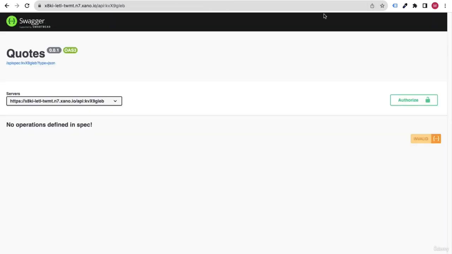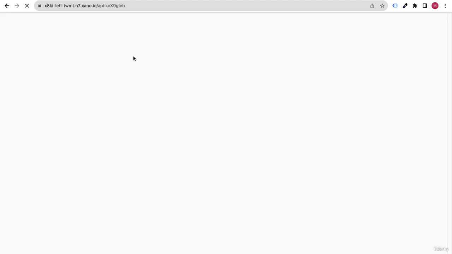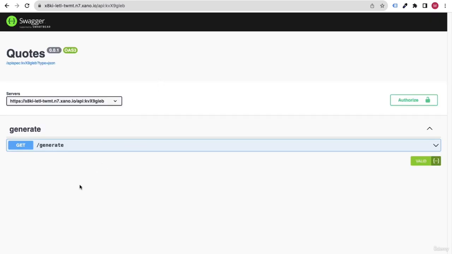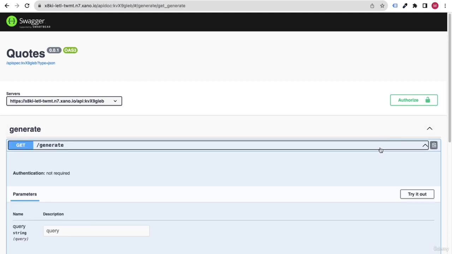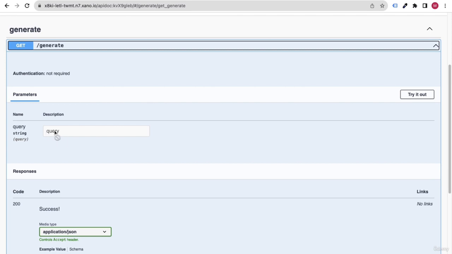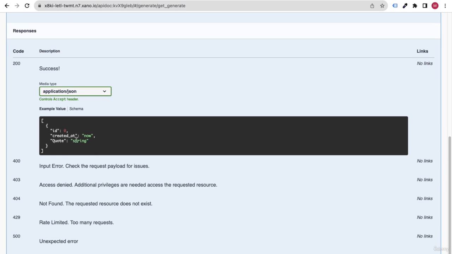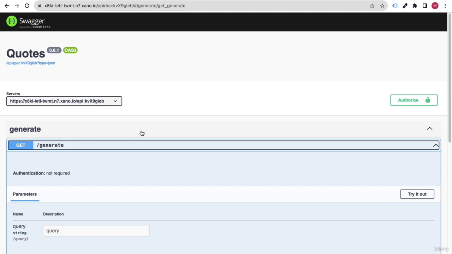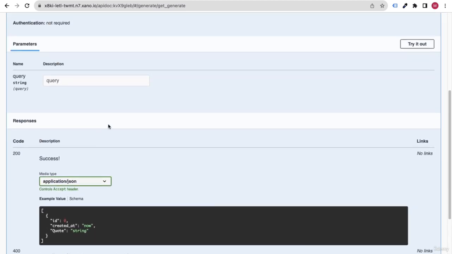Now let me refresh it. You can see that now we are getting all these documents over here. If you put any query, that means if a user puts any query, they will get the result. That is how we have created one API, my friends. It's very simple and very easy to do. So this is how you can create